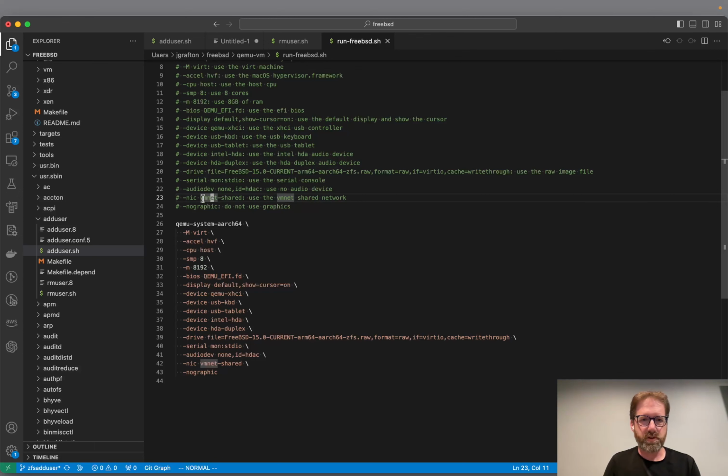And this is a departure from the guide, as I use a VMnet shared network device, which requires root access to the macOS host system, so your MacBook. It's a pretty easy way to get network access for your host. And that's going to be important in order to use NFS on the MacBook